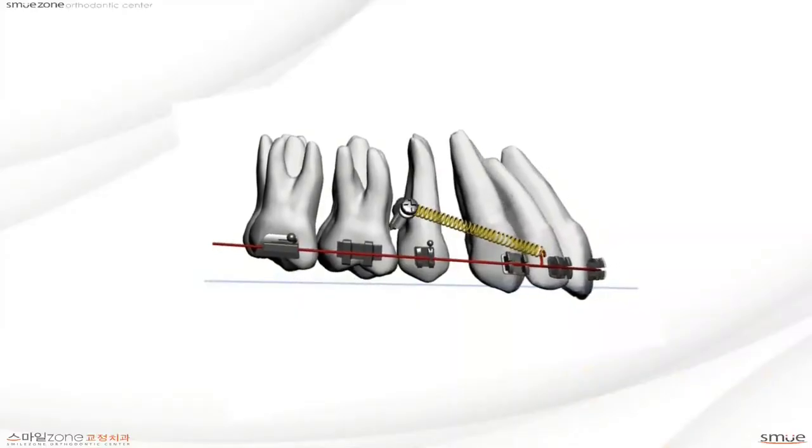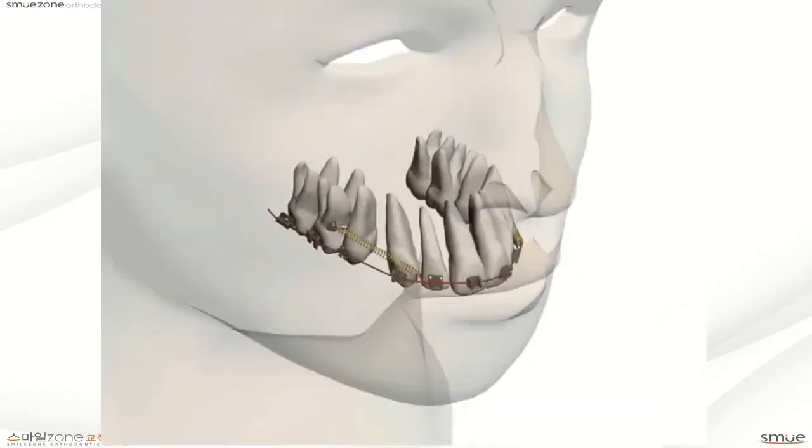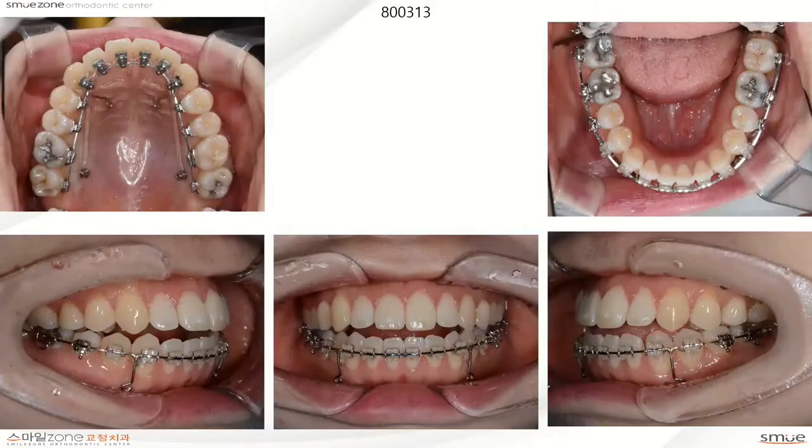But anyway, we are doing the leveling and alignment. As I showed, we are trying to use that total arch rotation of the miniscrew that guides the forces to the arch wire level from the miniscrew. И в данном случае мы специально используем вот этот тип биомеханики для того, чтобы мы могли развернуть окклюзионную плоскость и закрыть открытый прикус. So even there I soldered a hook here, but sometimes I will use that one, but mostly